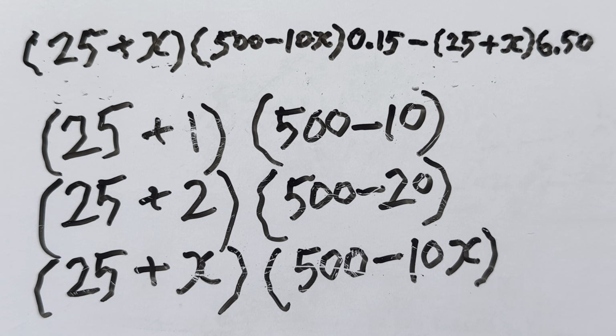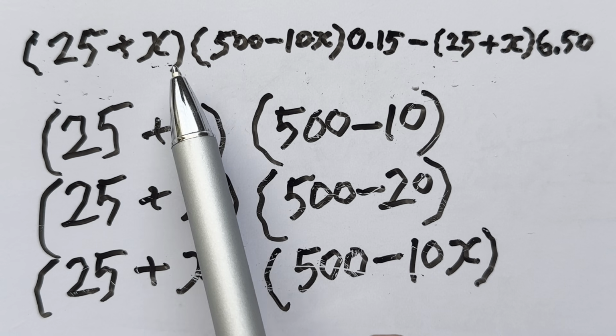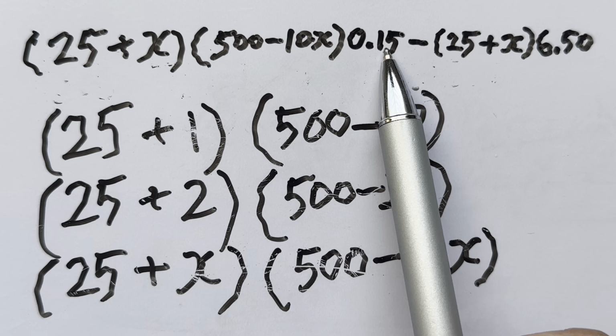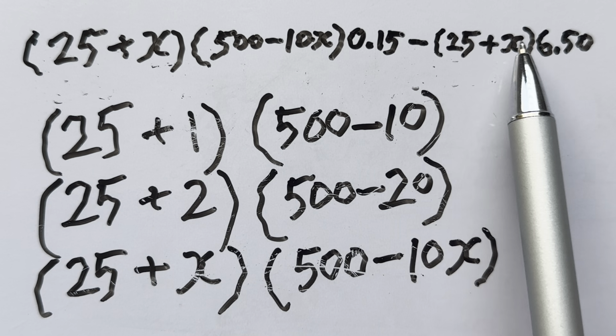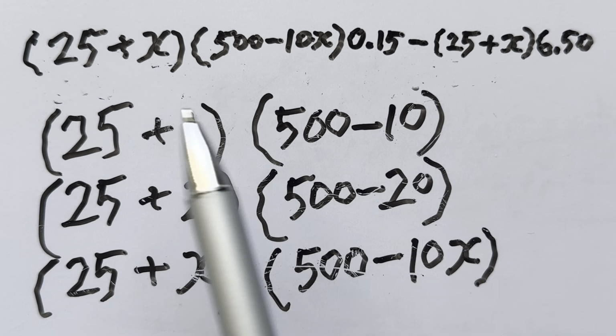So this is the profit. Then you expand this bracket, multiply these two brackets, multiply 0.15, and expand this part, and you simplify, and look at